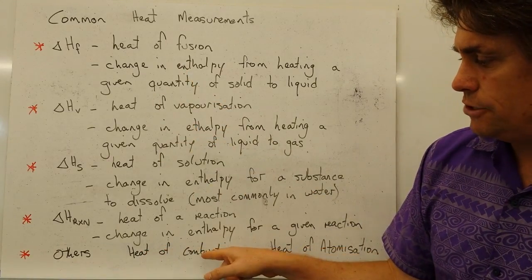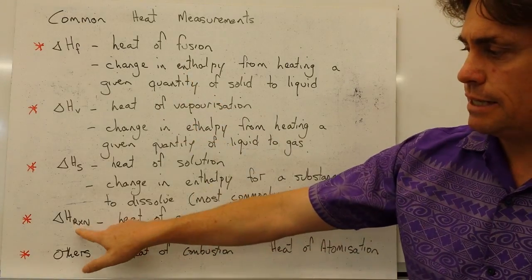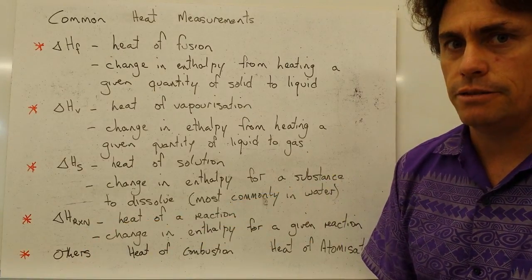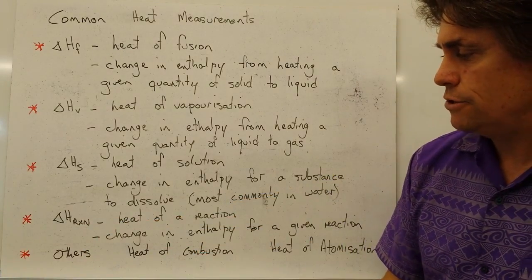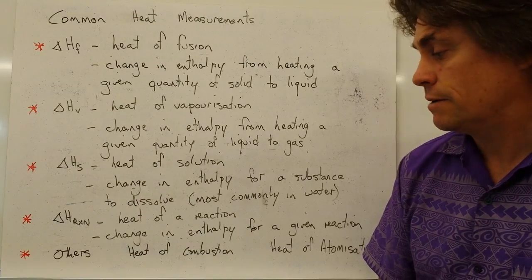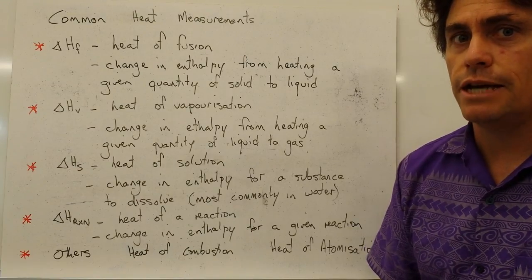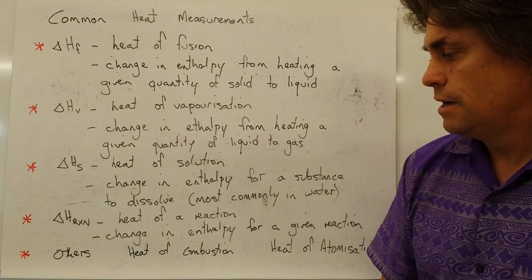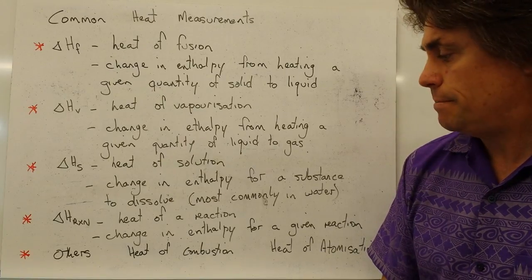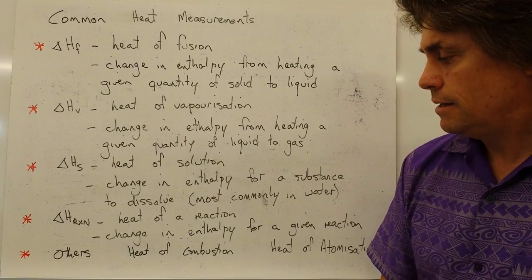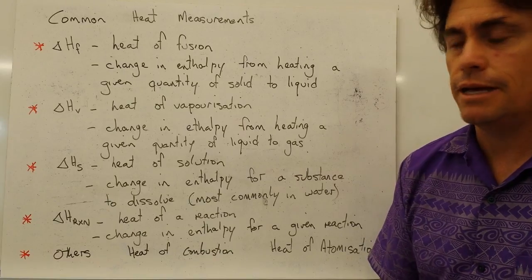We've got a heat of combustion, which I always put in as a subcategory of our heat of reaction. But you may be asked to calculate the heat of combustion, in which case it's a reaction that's combining with oxygen. And most commonly we see our carbon-based compounds, so methane, ethane,